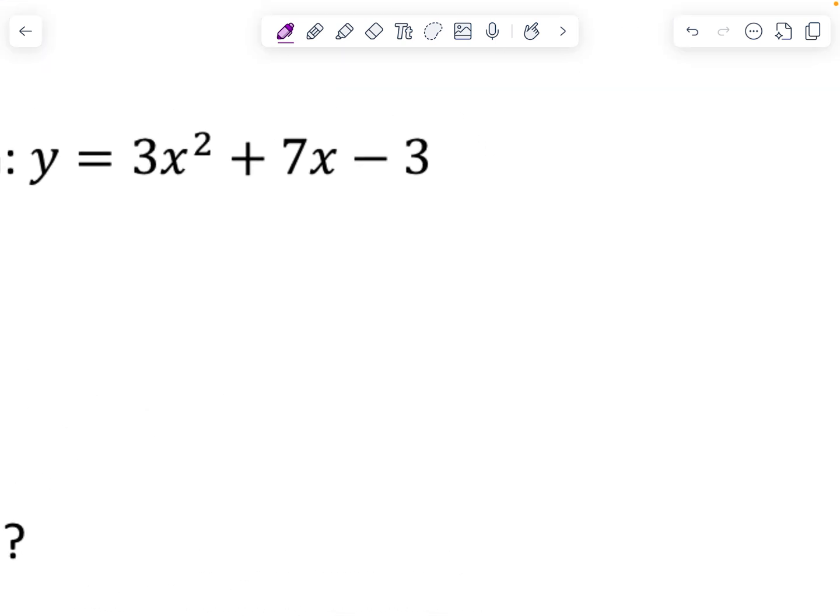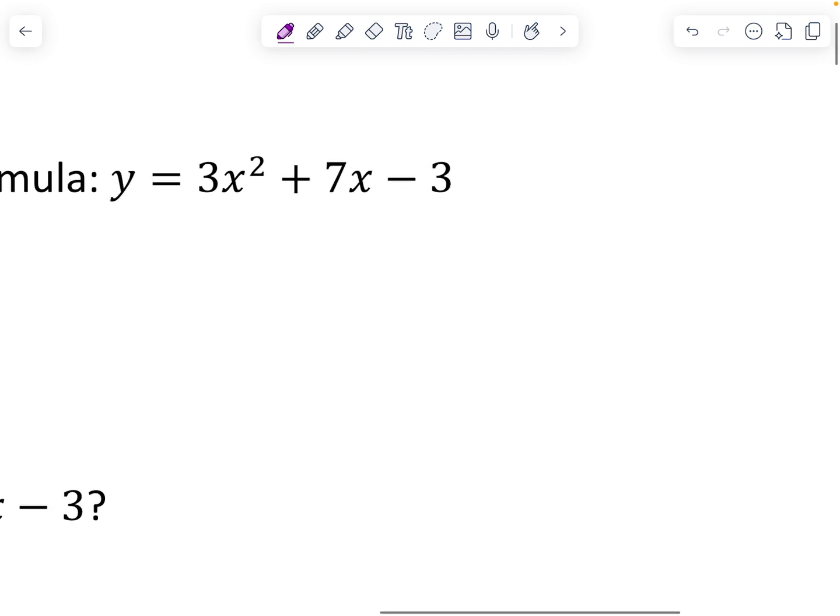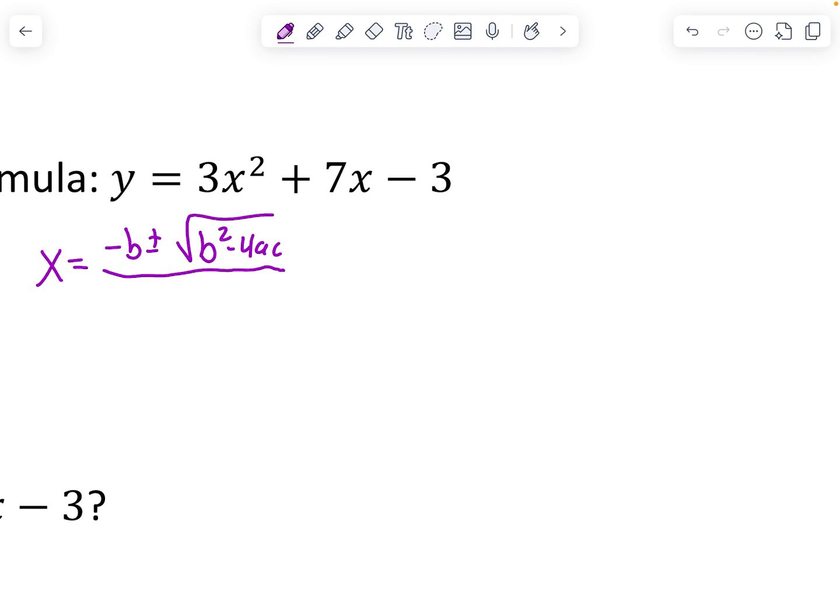We have to use the quadratic formula for this one. So if you remember the quadratic formula, it is x equals the opposite of b plus or minus the square root of b squared minus 4ac all over 2 times a,